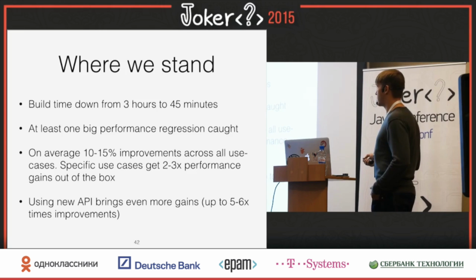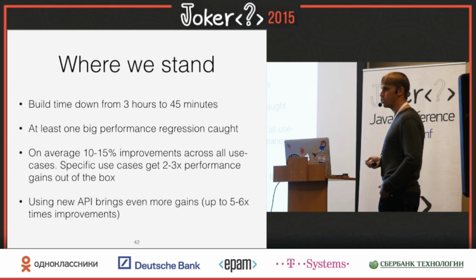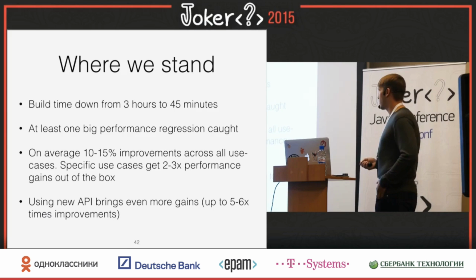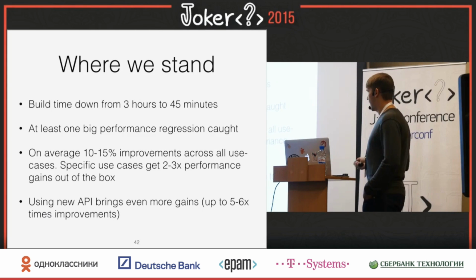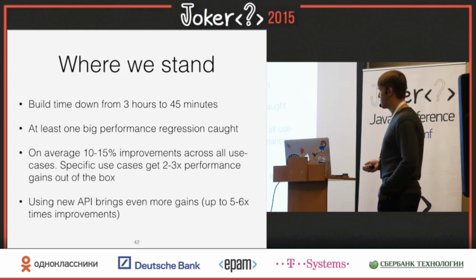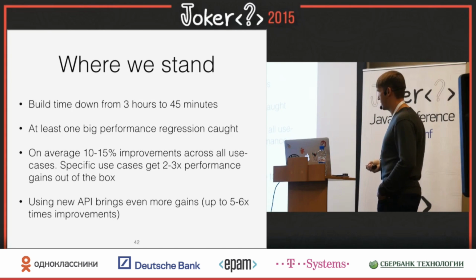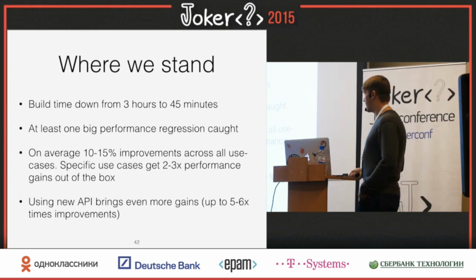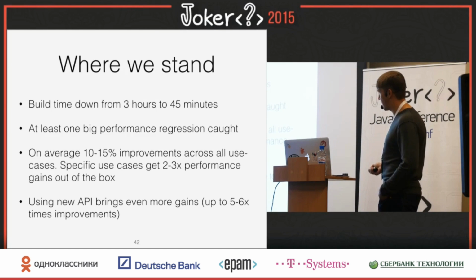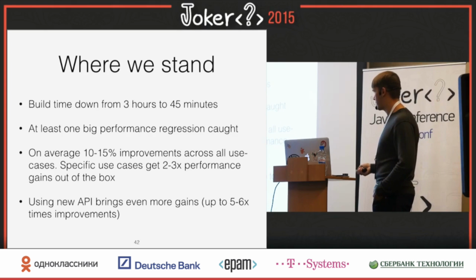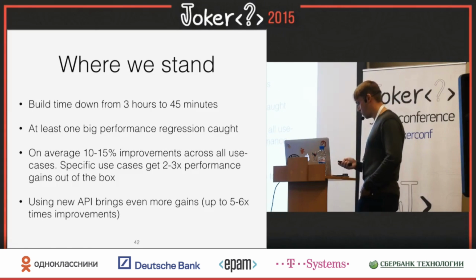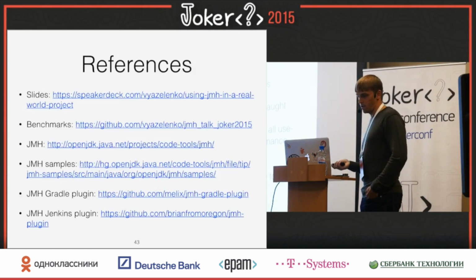I was also surprised that we wanted to cut down these times, but not through optimizing the product for real things. We caught one big performance regression, and on average, when people update the product, it feels faster, and in certain cases like the pivot grids and other stuff, they get some X performance better. And if people start using the new APIs, like writing to the database in bulks and other stuff, they have really massive improvements.